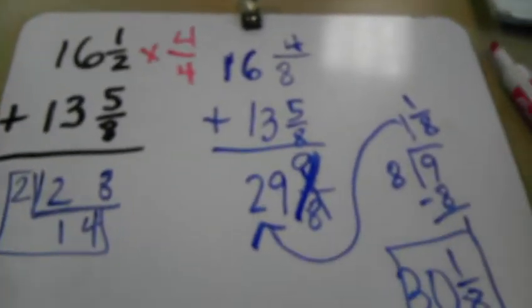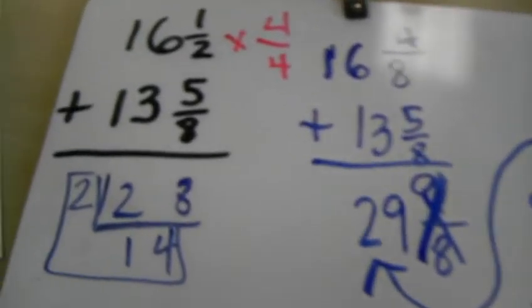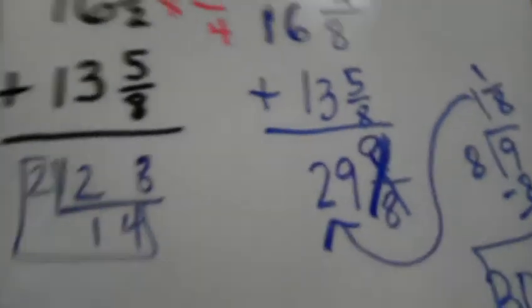Okay, next I'm going to show you a subtraction problem. All right, with the subtraction problem, you're basically going to do the same thing. You got to find your common denominator, and then you're going to go ahead and have to subtract them out. So the subtraction problem that I'm going to show you is one that deals with borrowing. I know that can be a little tricky. So if I take 13 and 2/9, and if I subtract 7 and 1/3, I should find out that my